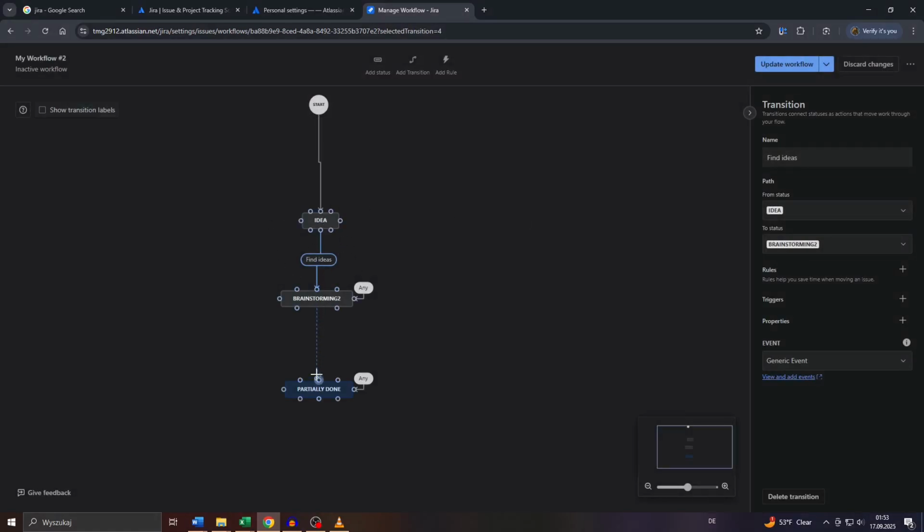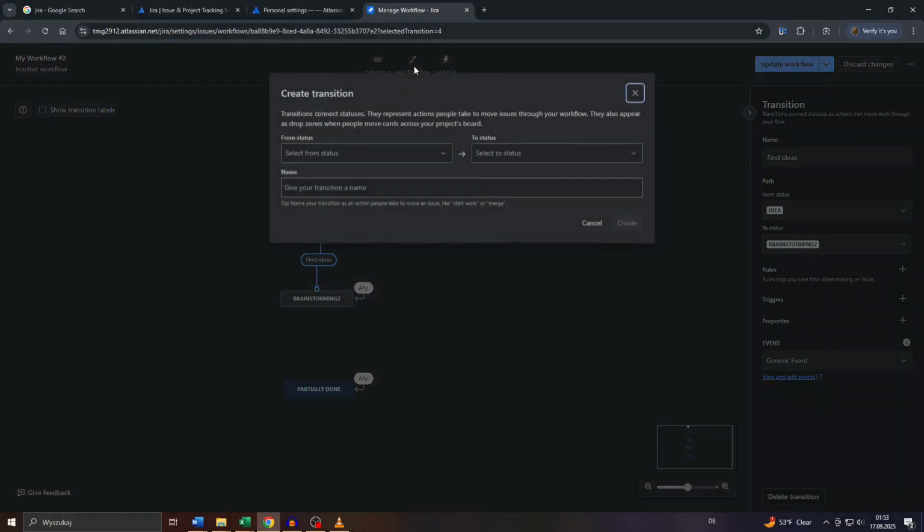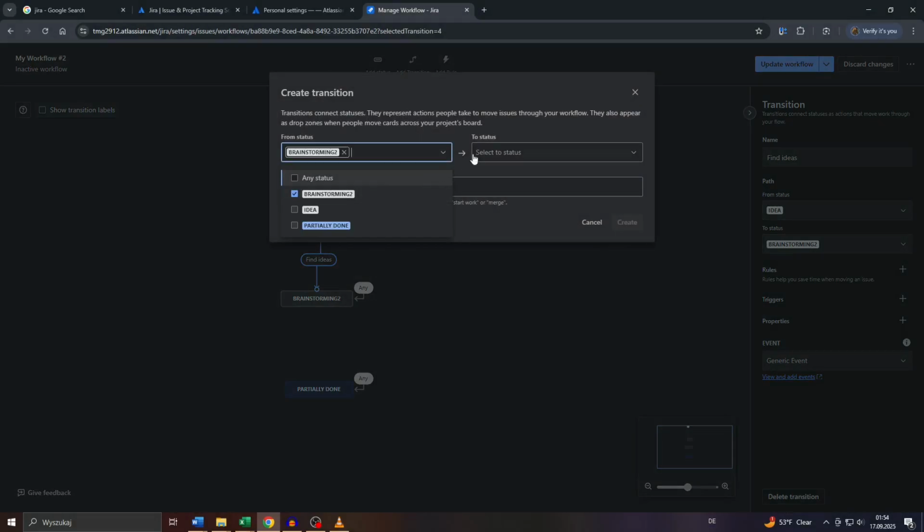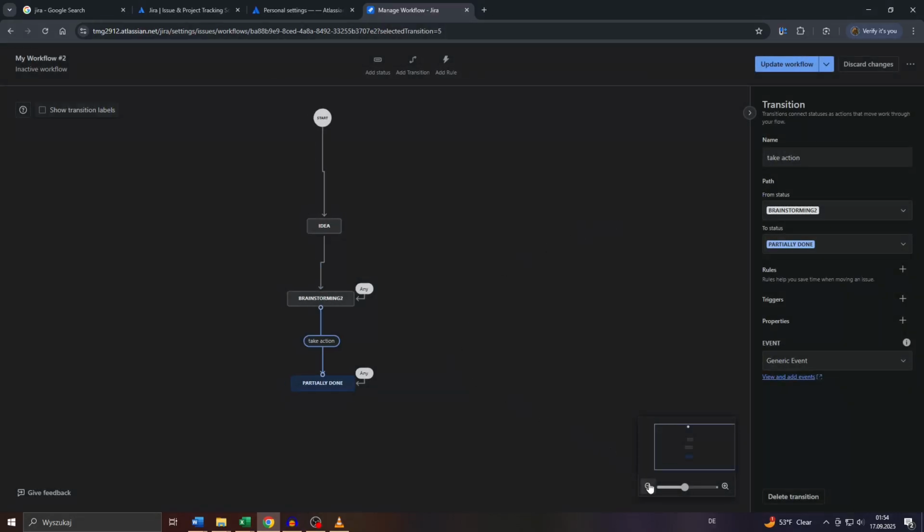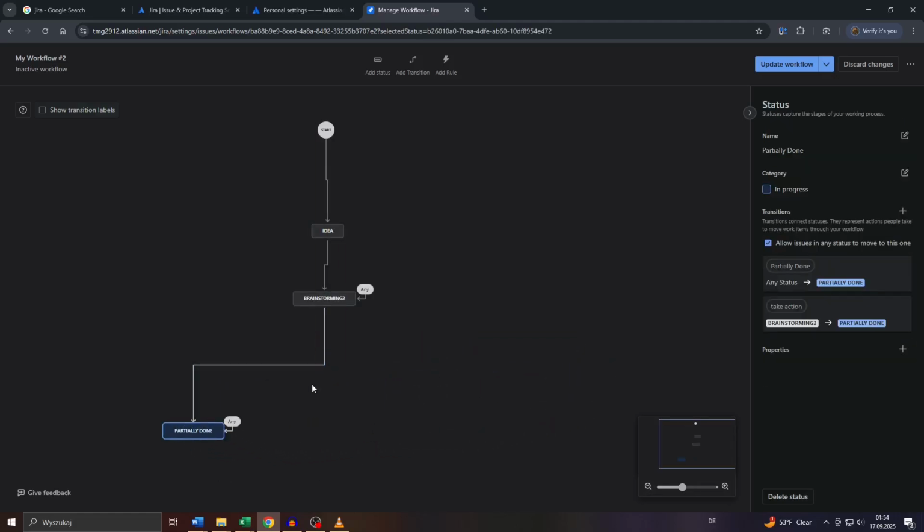The second option, guys, would be to simply click into add transition here at the top, and that is less intuitive than the previous method, but again, all you will need to do is simply select the outgoing status and to status here to the right, and assign also a name. So that's very simple. As you can see, guys, you can also zoom out a bit to have a better overview of your workflow. So keep connecting these statuses, guys, with these transitions so that your team members know which actions need to be taken to switch or to go from one status to the other one within the given